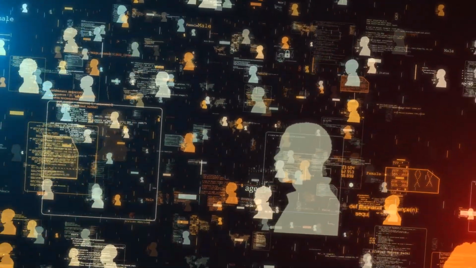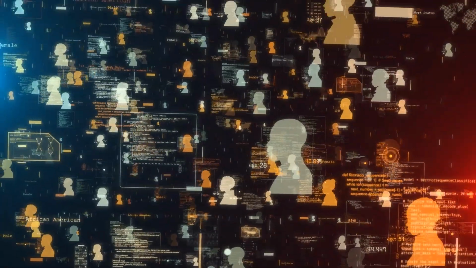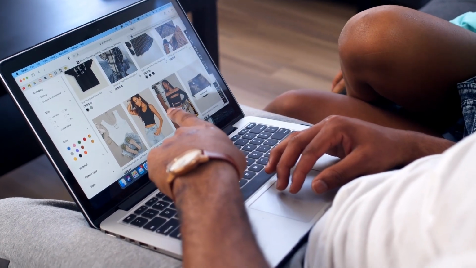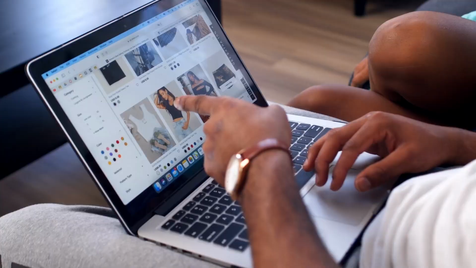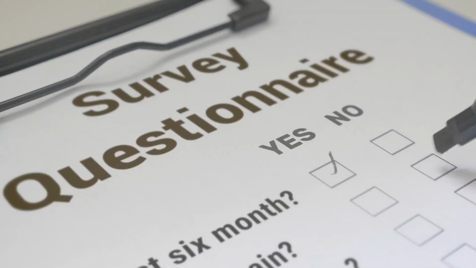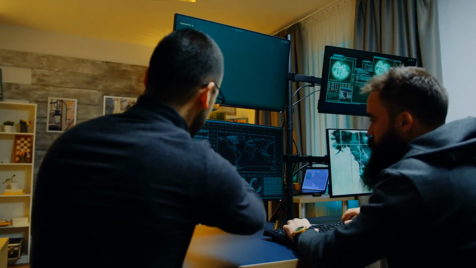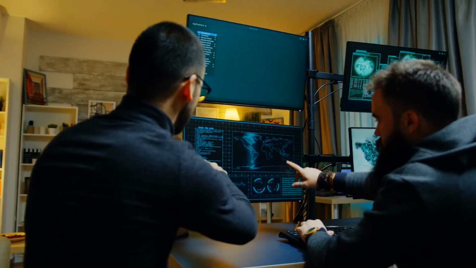You should also try to collect demographic information whenever possible. If you're a small business selling online, a short survey at checkout can be a simple but powerful tool. You can ask for things like age, location, job, or role, just a few key details that can make your data much more actionable. But even if you're tracking the right data points, you still have to watch out for